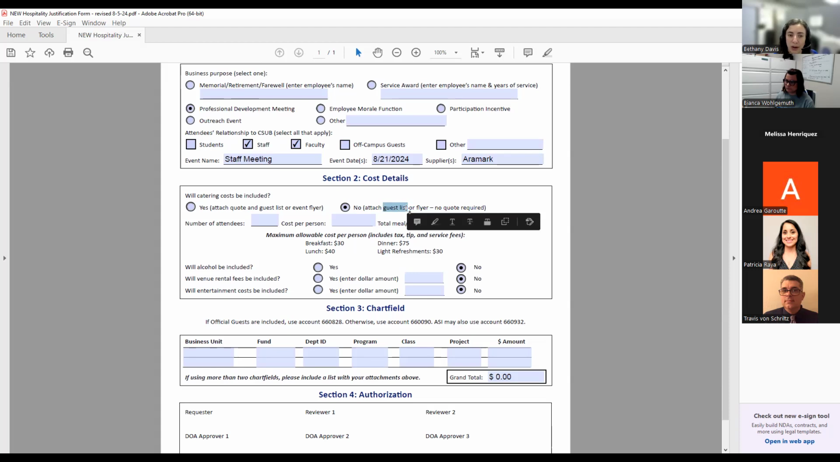It can be the people that you invited. Since this is a pre-approval form, you might not know exactly who's going to attend, and that's okay. But if, say, you're inviting 15 people, you would attach a guest list with their names. The flyer is more for larger events when you don't know exactly who's going to attend or where you're not